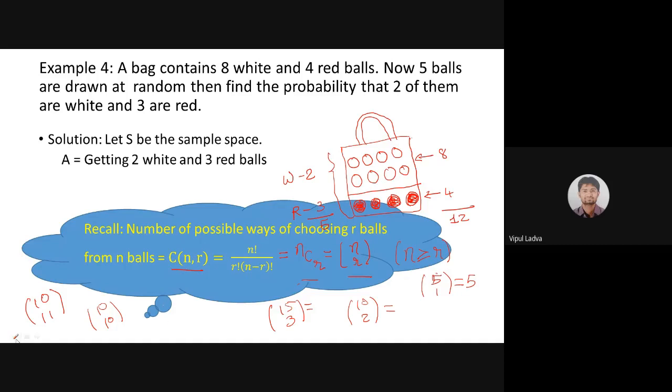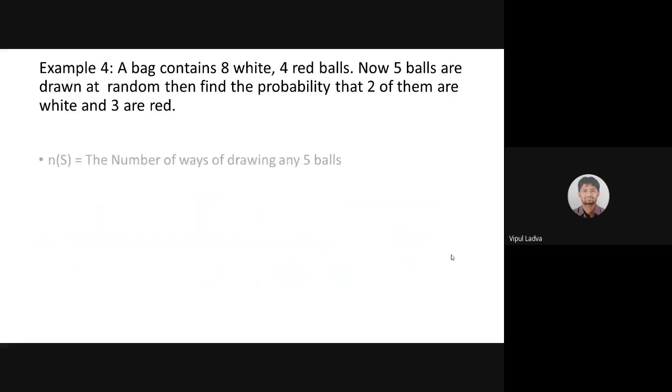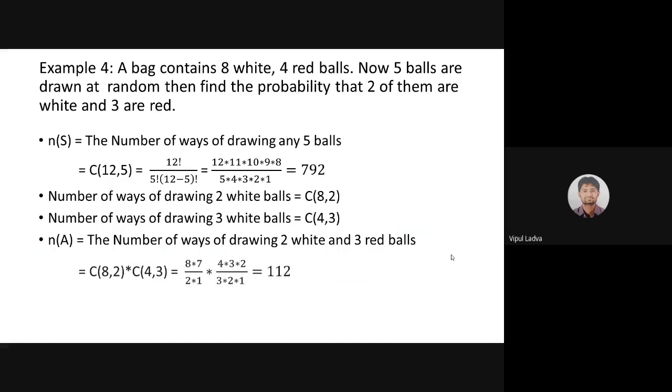So for this question, we need this combination concept, and using this, we need to find our favorable cases as well as our total cases. I'm giving you the solution without explaining in the next slide, and we'll give you 2 minutes to see if you can get this. So this is the solution. Are you able to get this? Yes or no? Take your time. I'm giving you 2-3 minutes. If you can get this, then it will be good for me. I'll be back in 2 minutes.